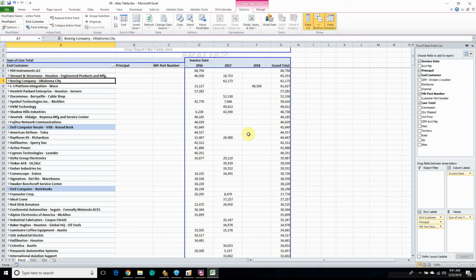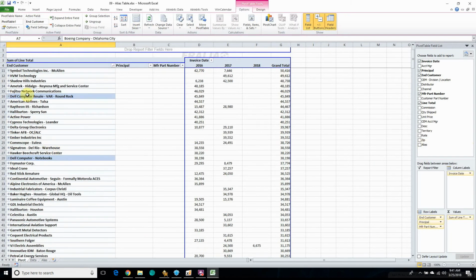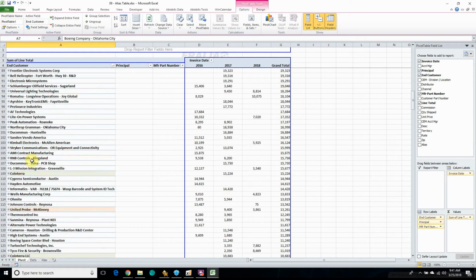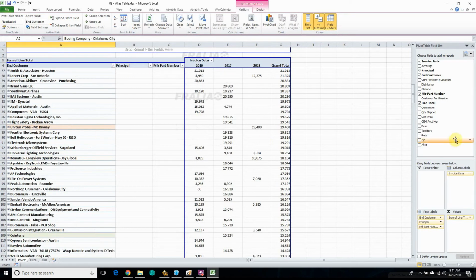Make sure I refresh, and you can see over here in my pivot table field list, I have a new selection called Alias. So again, I've got two Dells. Ordinarily what I would do is take the end customer out and drop the alias in, but I want to show these side by side for right now. So I'll put the alias in,